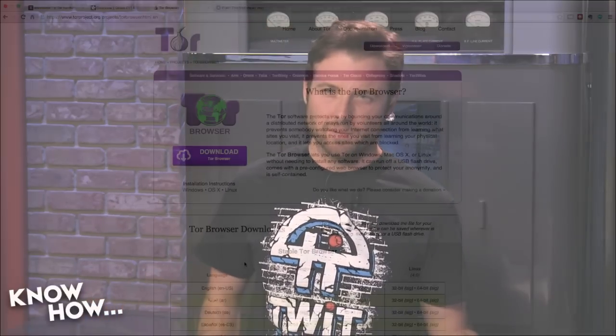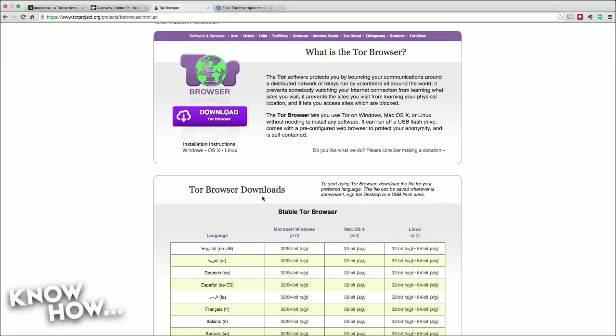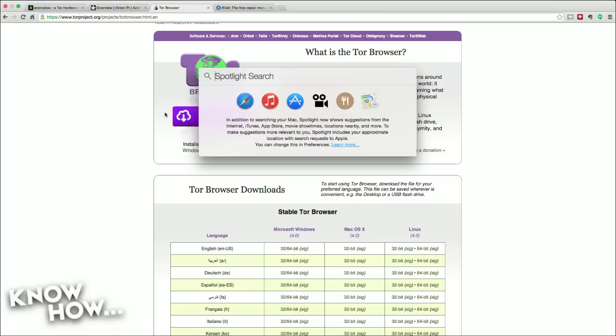The way Tor is supposed to work is it's a lot like routing the internet. It's always going to look for the fastest path possible, the lowest latency node possible. But even then, it's not really going to give you streaming quality service. No. But if you did want to just play around with it, you'd go to the website and download the Tor Bundle. And Alex, if you go to my laptop, this is the torproject.org website, and you will navigate to whatever OS you're using. It works on Windows, OS 10, hopefully Mavericks, or not Mavericks, the one I just installed before the show, Yosemite, and Linux. But once you've downloaded the Tor browser and you've installed it, it's pretty...